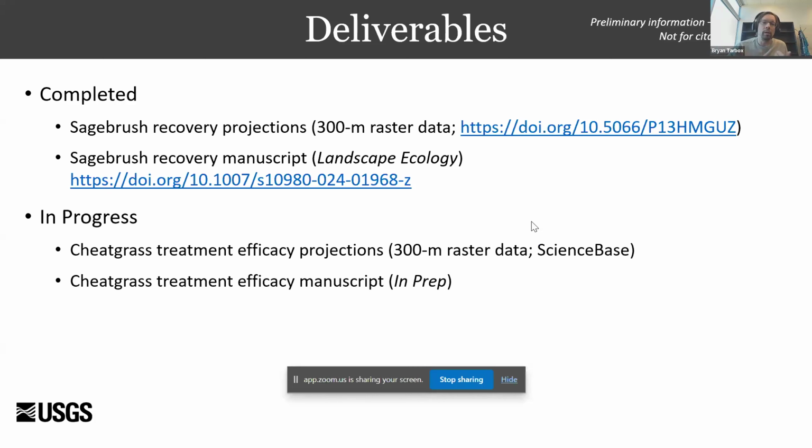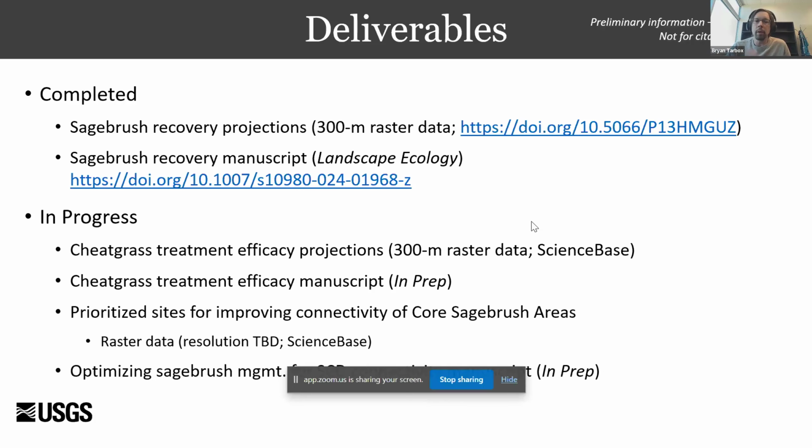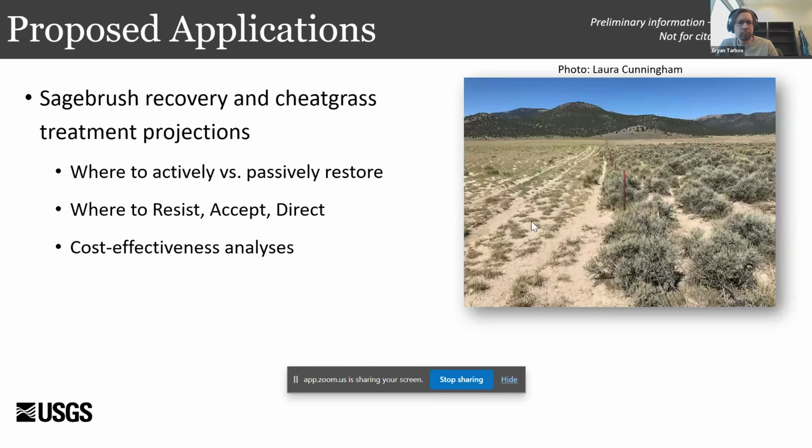In progress are the treatment projections for cheatgrass, which will be on ScienceBase as well when we're done with those, as well as an associated manuscript. And then the prioritized sites for improving connectivity of those core sagebrush areas with an associated manuscript as well. And I kind of talked about the proposed applications a little bit on that slide with the maps, but